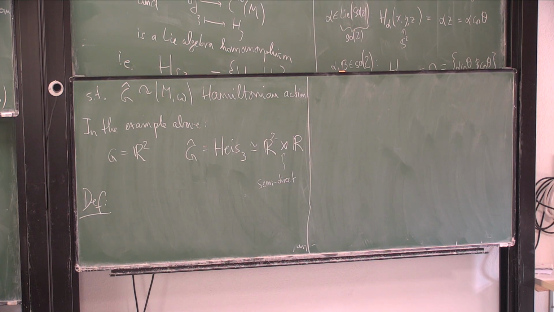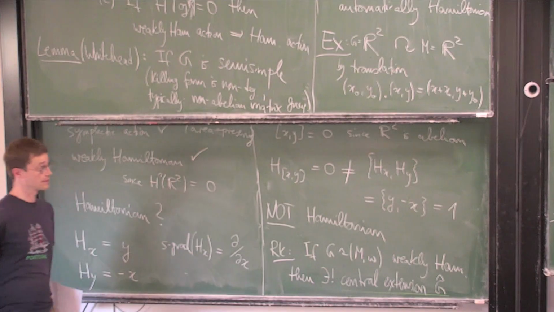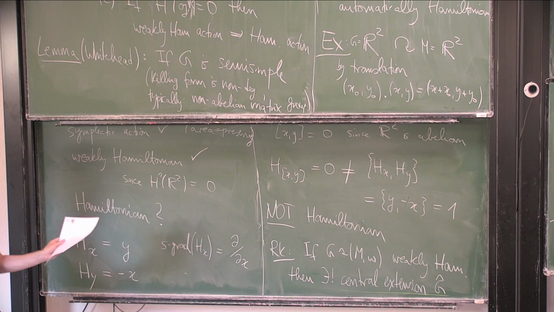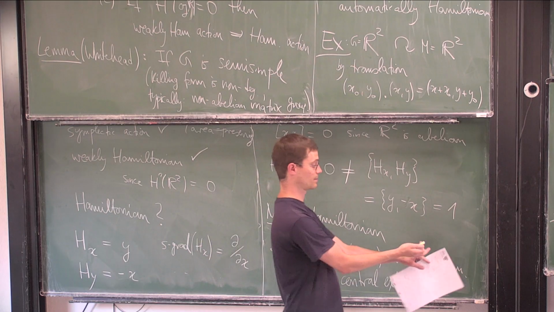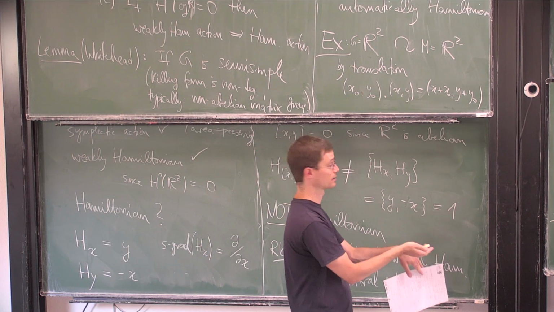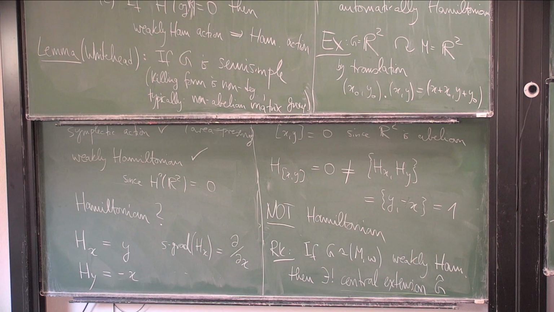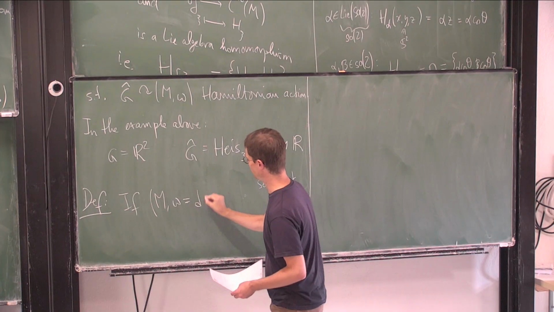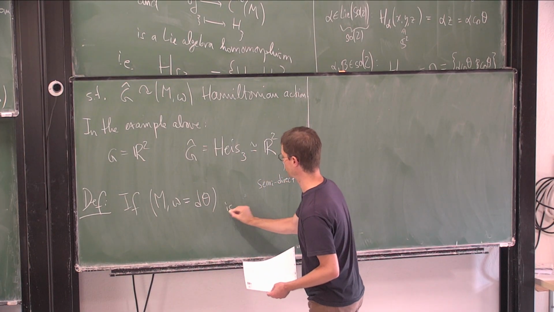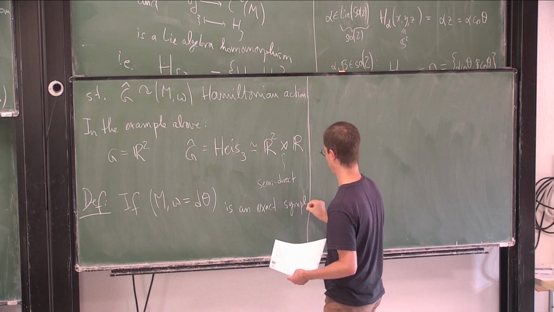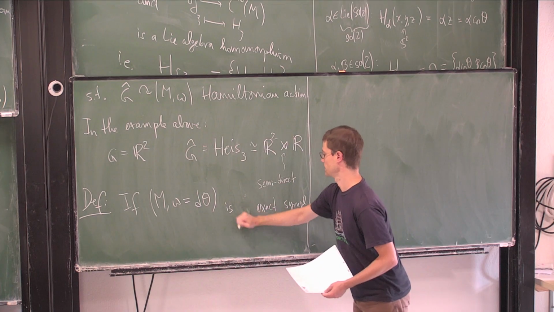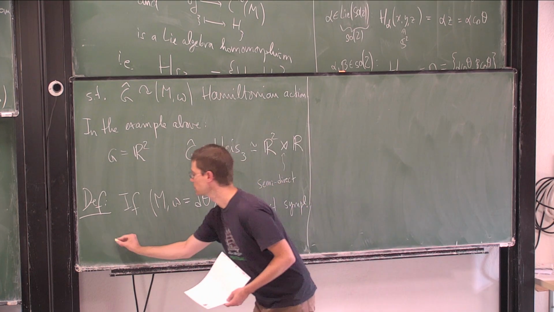As I said, in many different contexts, especially in physics, the typical symplectic manifold is a phase space, like a cotangent bundle of some manifold, T star of N. And for T star of N, the symplectic form actually has a potential. It is exact. And in this case, if our manifold is an exact symplectic manifold,